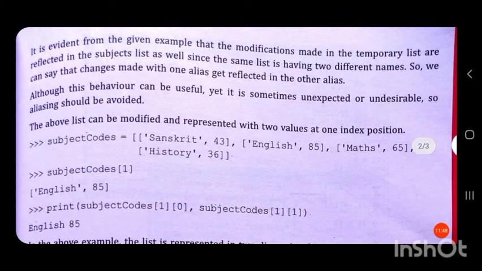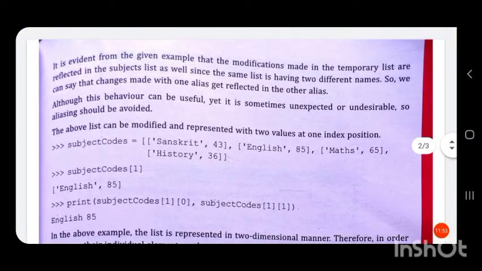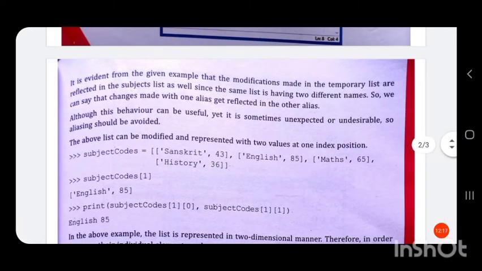This type of representation shows the list in a two-dimensional manner. If we print it, each list represents a row, and the number of elements in a single list represents the columns.